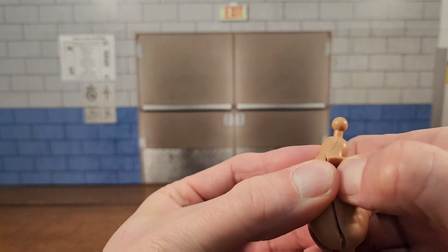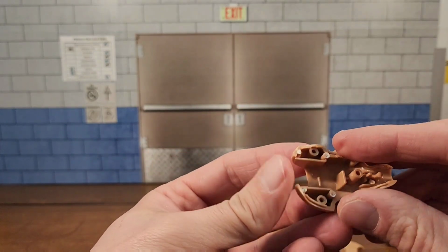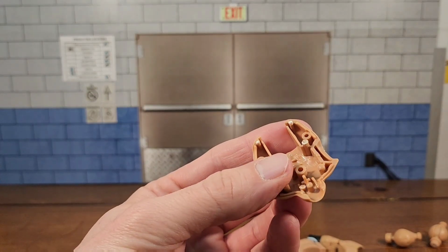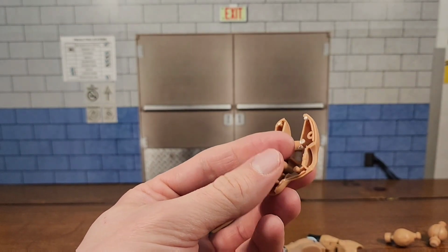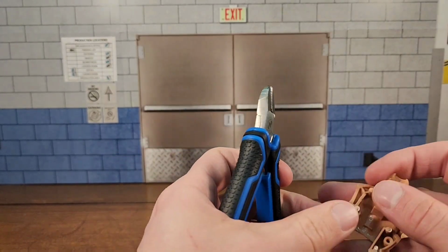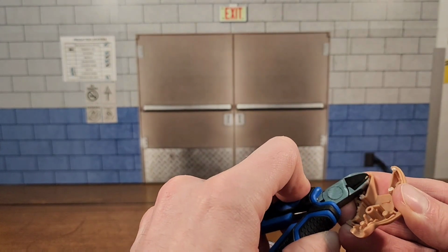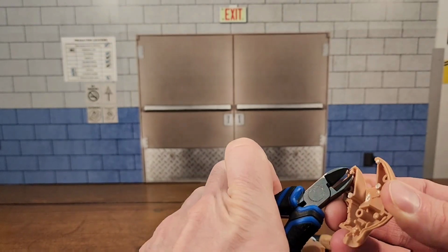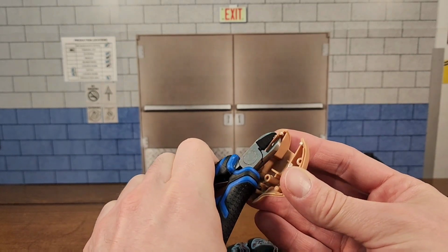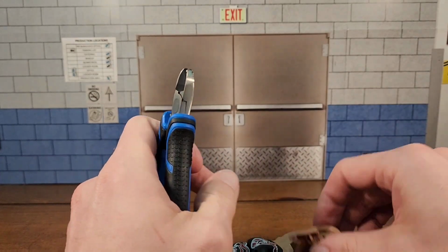It depends how mangled the Elite is after you've taken it apart. But what I will do is try to clean this up as best I can and see if I can improve that fit. You can use an X-Acto knife and just cut those off or shave them down or trim them. But what I find works the best is a pair of very small side cutters. So I'll just get in there and trim that down as best I can, because essentially the two broken pieces are pushing up against each other,